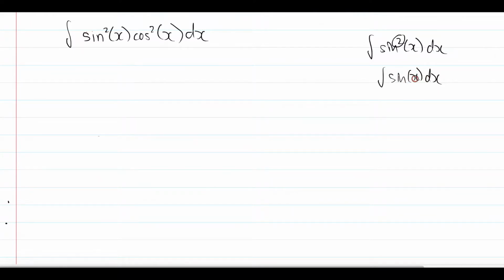You get your sine 2x, cos 2x, and such. And then you get your answer. In this case, we do the same thing. Even when you see two of them together, sine square, cos square, apply your double angle formula to both of